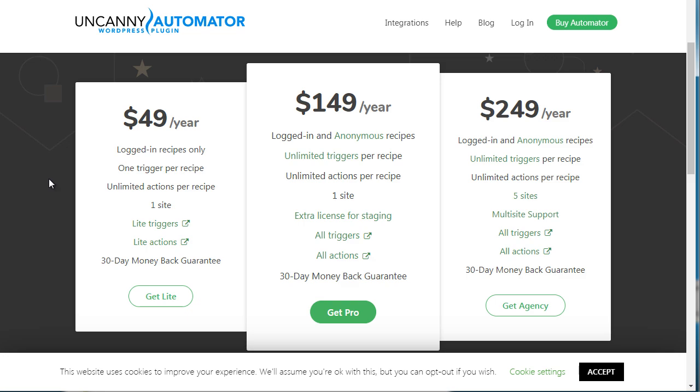So these two systems we highly recommend. We've used, we've tested, and we've really enjoyed using them. There are many other sites out there that do this kinds of things, but we've really narrowed it down to these two sites. And you can access the Uncanny Automator by going to